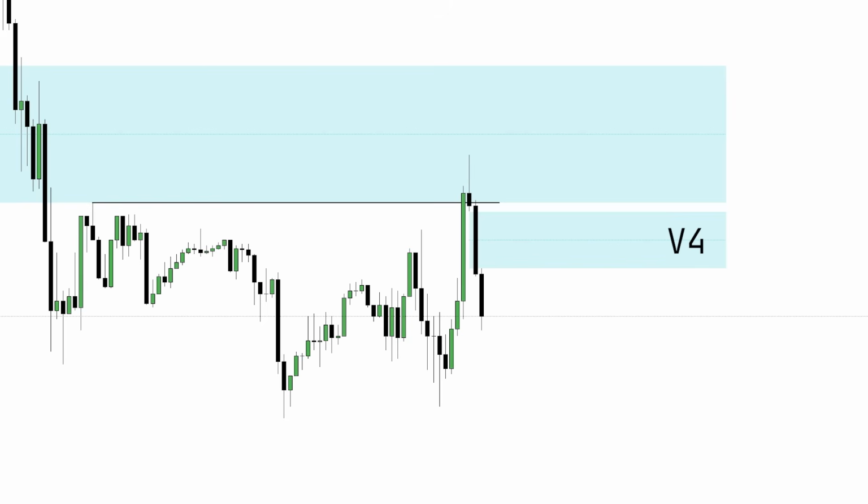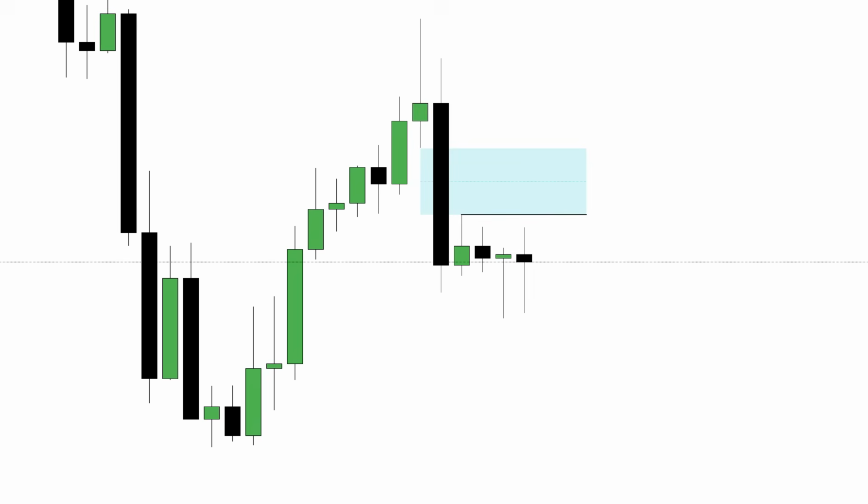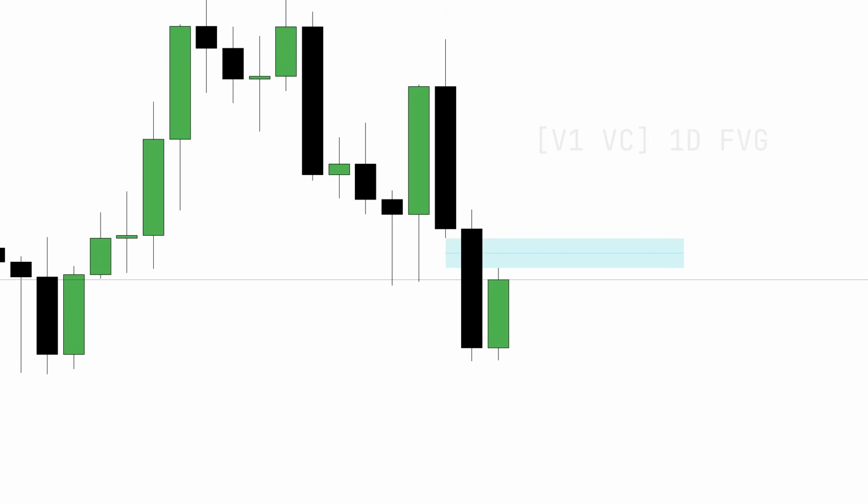But before that, we need to identify variable number 5, which is the trouble area, or what we also call the target for the position. We then go back to the 4-hour time frame where variable 2 is located and determine the nearest fractal low or fair value gap. Finally, let's summarize everything we've received so far.